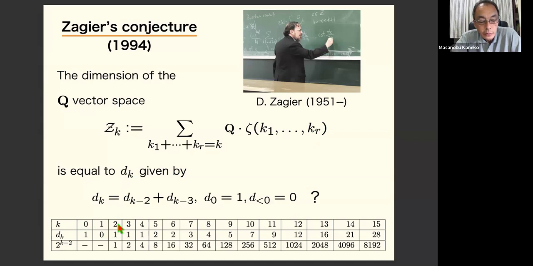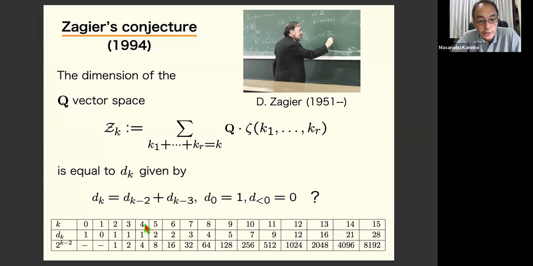There's only one weight 2 MZV, which is zeta 2. And there are two MZVs of weight 3, zeta 3 and zeta 1, 2. Zeta 2, 1 is divergent. Also, zeta 1, 1, 1 is divergent. It's not allowed. But this last column, 1, 2, 4, 8, 16, 32, the powers of 2, is